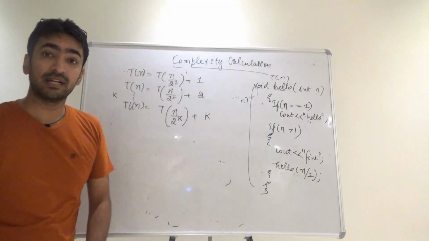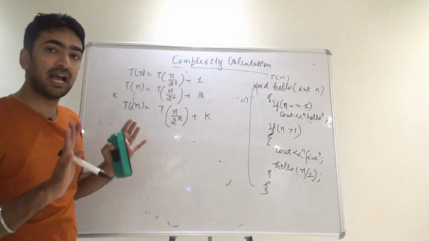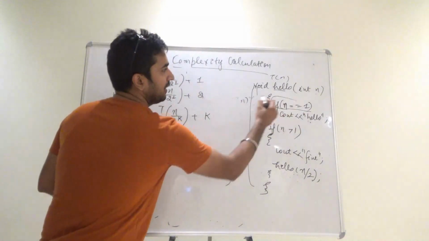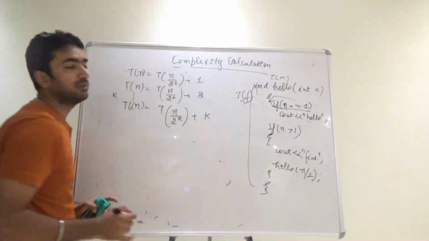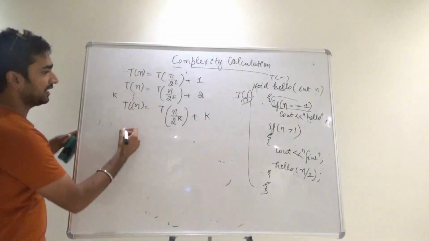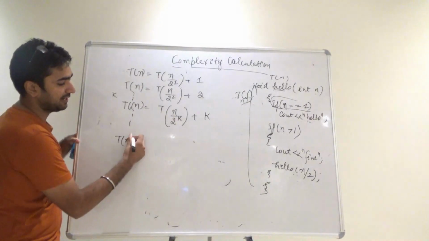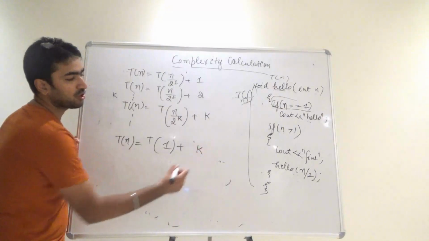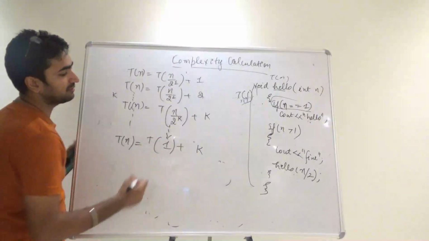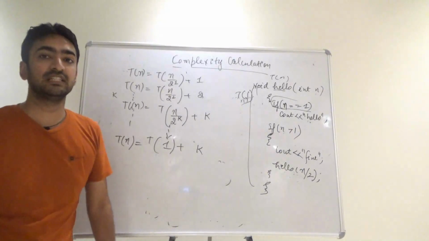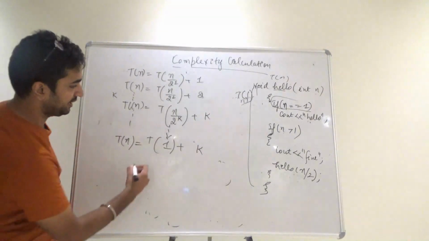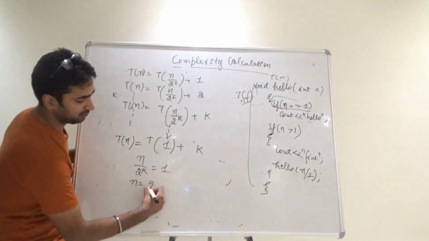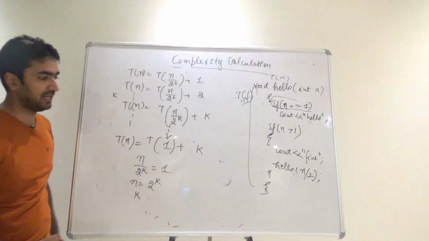That would mean that I am running till k times and it has to stop somewhere, and we know that if your n value is 1, if I put T of 1, it will stop somewhere. So, I am putting this value as 1 because recursion must stop somewhere. Like earlier I was putting n minus k is equal to 0, now I am putting n by 2 raised to power k is equal to 1, so n is equal to 2 raised to power k. What will be the value of k, guys?